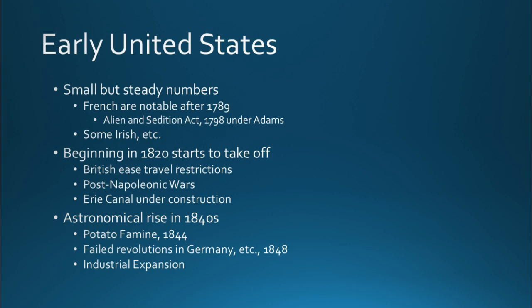President John Adams gets the Alien and Sedition Act through. We remember the Alien and Sedition Act made it a crime to criticize the government. This was because you had the split between Adams and Jefferson, Adams tending to favor trade and alliance with the British, Jefferson tending to favor trade and alliance with the French. And the fear was that the French would use their immigration to start to influence the U.S. government. And so the Alien and Sedition Act was meant as a way that gave the president the right to